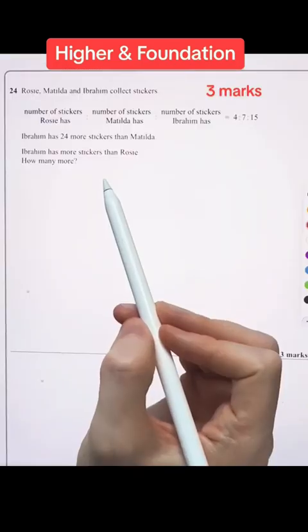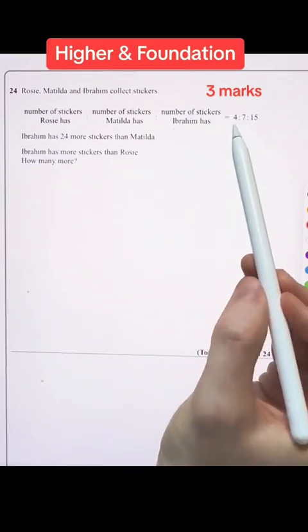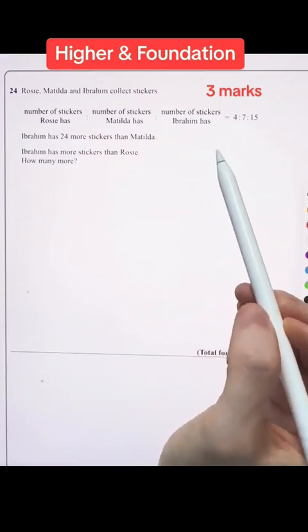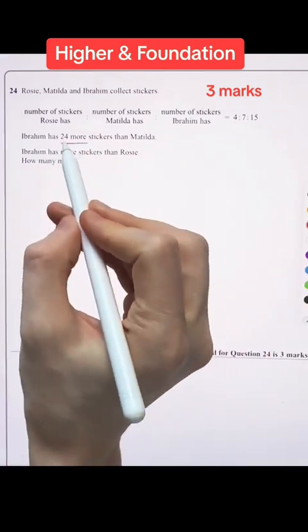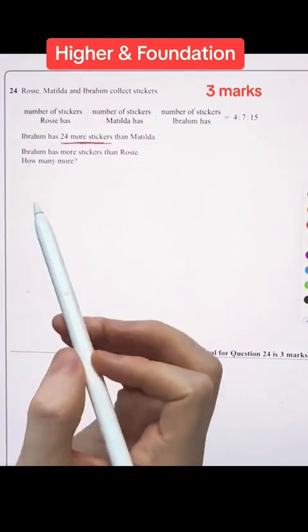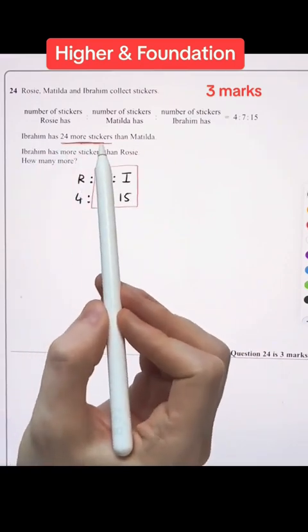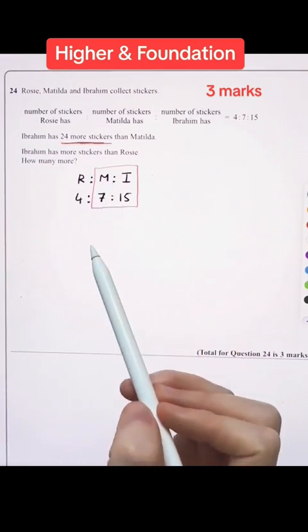Question 24. Rosie, Matilda and Ibrahim collect stickers. The ratio of the number of stickers of Rosie, Matilda and Ibrahim is in the ratio of 4 to 7 to 15. We're told that Ibrahim has 24 more stickers than Matilda. Ibrahim has more stickers than Rosie. How many more? As we're told that Ibrahim has 24 more stickers than Matilda, if he has more stickers, Ibrahim